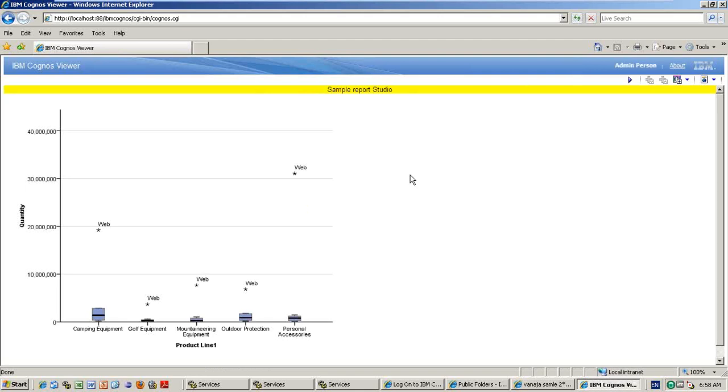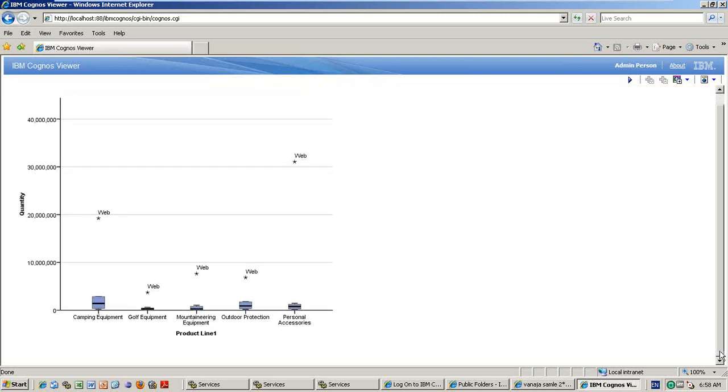You see now, camping equipment, the box plot is created, and the mounting equipment, and the web and personalized systems. So these are the things, this is a box plot, right? Like this, whatever it is, you may not understand what you mean by this, but yes, you can create the box plots. But maybe the analyst people will come to know what a box plot is and why it is needed. Okay?